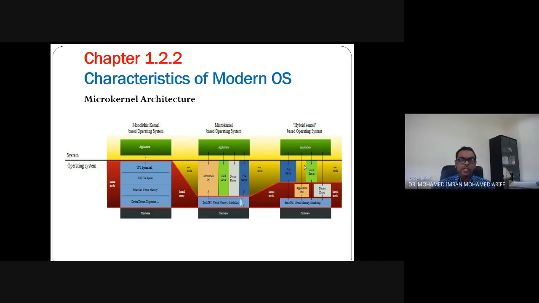So this is what we say as a hybrid kernel. A hybrid kernel can also be found inside your handphone. Your phone is a hybrid kernel system, whereby it can do multiple tasks and at the same time it can also do one particular task as well. For example, when you turn on your camera light